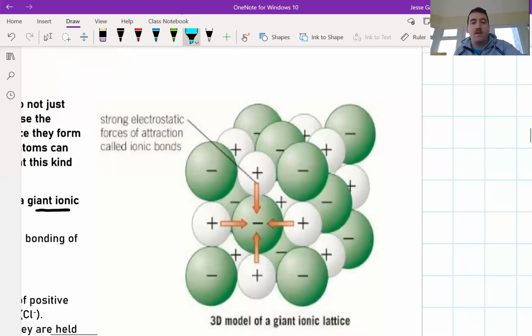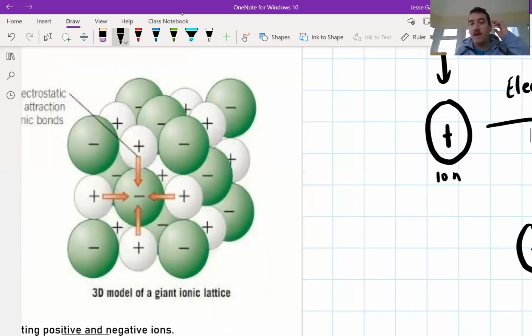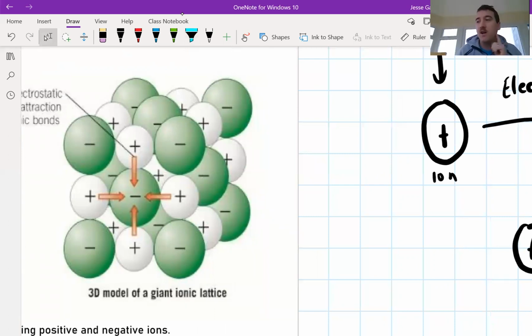Well, this here is a representation of a very simple ionic lattice. As you can see, the yellow or orange arrows here represent the strong electrostatic force of attraction, otherwise known as ionic bonds. And you can see them acting in all directions. But the really important thing here is to remember what's actually going on. So if we think about giant ionic lattices,